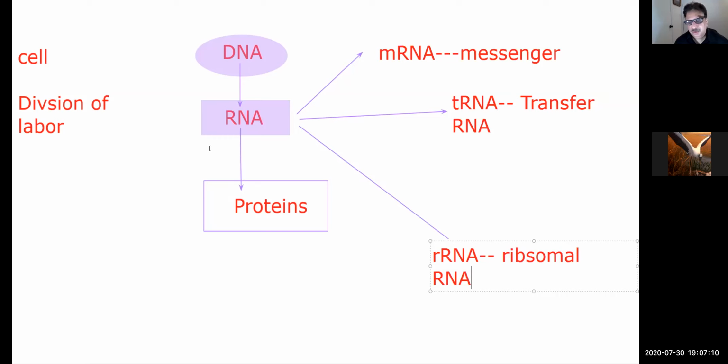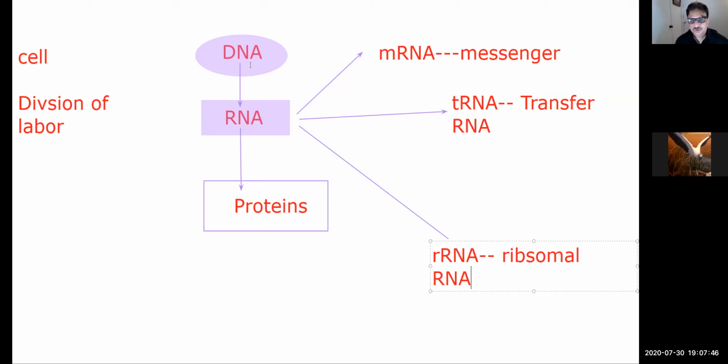So the cell's DNA is very important, but it cannot do all the functions. It needs partnership. It needs more. It needs to employ more people. So what it does, it counts on RNA to have 3 types of RNA: mRNA, tRNA, and ribosomal RNA. Now, what was the question? How many types of RNAs are produced during transcription? So three types. There are more types, but at this stage, you need to know only 3: mRNA, tRNA, and